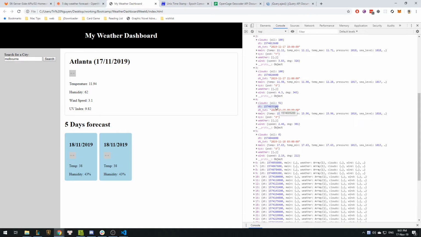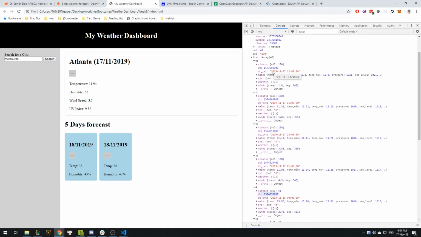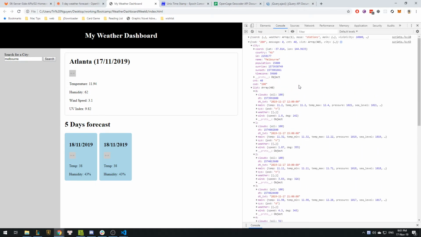Last time we used moment to handle all the dates, right? So now let's use the normal JavaScript date so that you know how painful it is. And honestly, if I have a choice, I would never ever go back to JavaScript date. But you know,